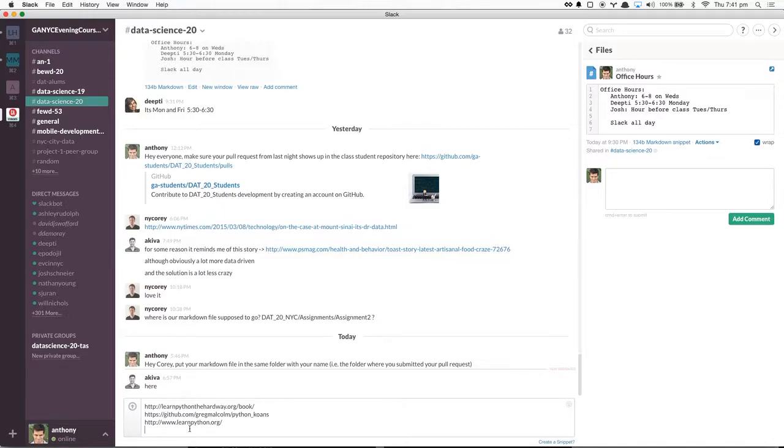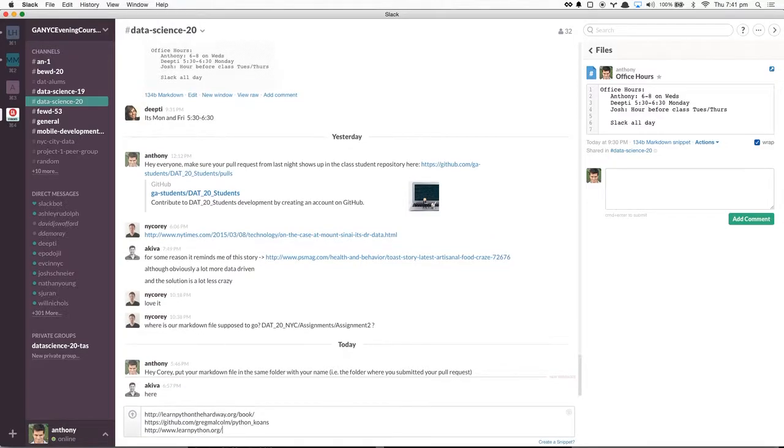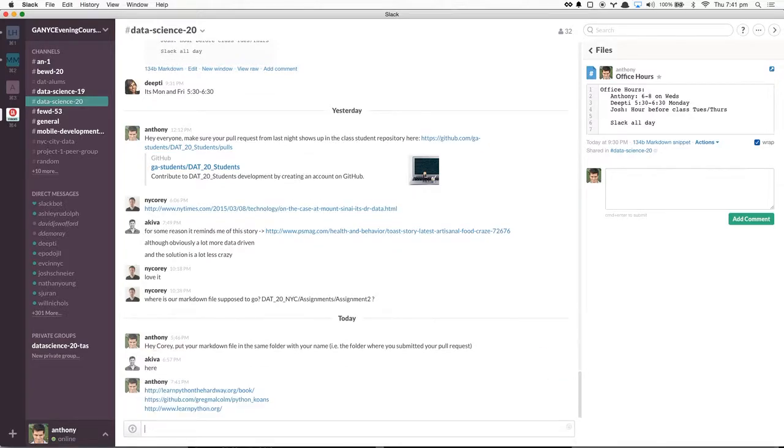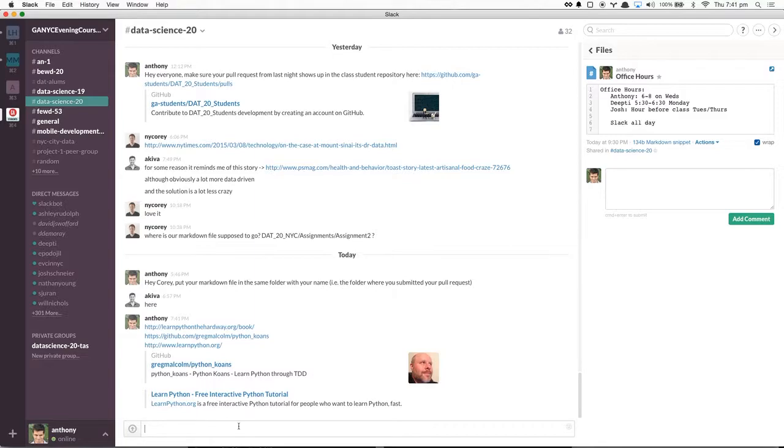There's so much in this class. There's so much wood to chop in terms of what we'll be learning that's particular to data science, machine learning, and so forth. So we want to get this Python stuff out of the way so we can move to the more interesting concepts.